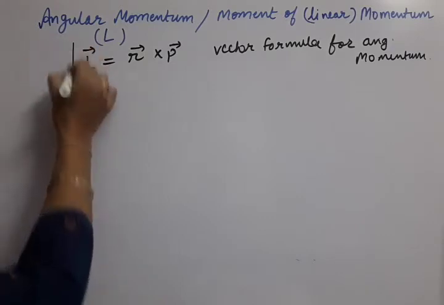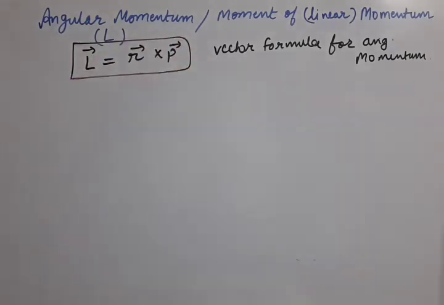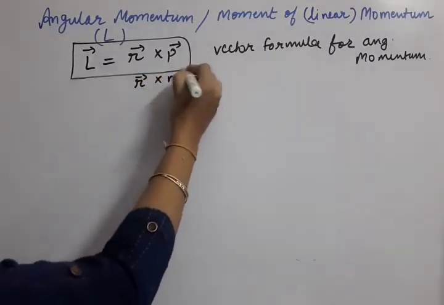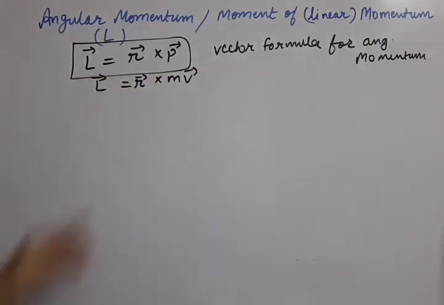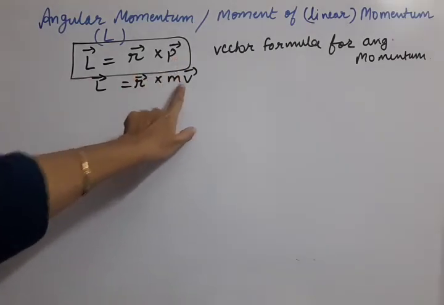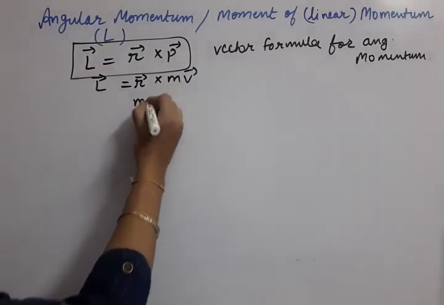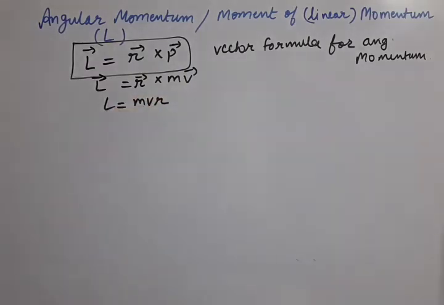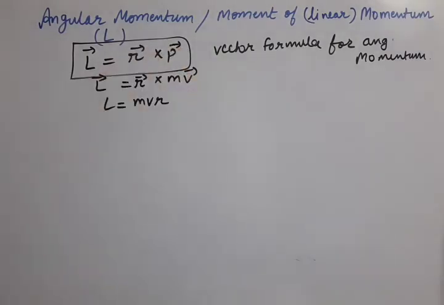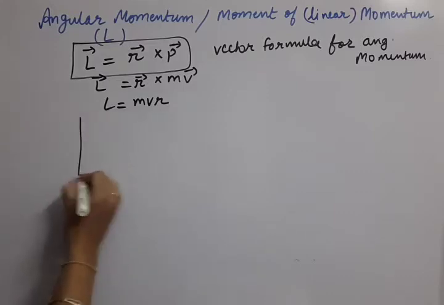So this is the formula for angular momentum. We can make it a little more detailed: R cross mv. In place of P we know mv also comes. So sometimes we directly write the formula mvr for L. Angular momentum formula mvr. Okay. Now let us solve one more thing, which component of P will contribute into L. So we need again a similar kind of diagram.